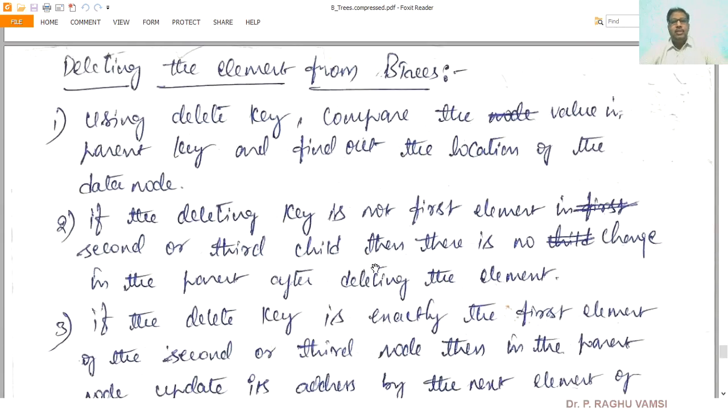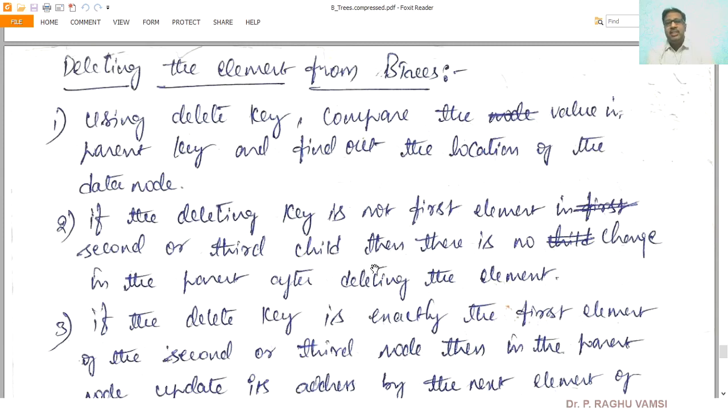Next, we will move on to the deleting of an element in the B tree. Like in the previous trees, like binary search tree and AVL tree, the deletion operation requires a lot of effort, because we are supposed to look at which element is to be deleted, and then once the imbalancing of the elements at the node level is found, we are supposed to go for merging of the node to the parent node or to the grandparent node. This operation will be done.